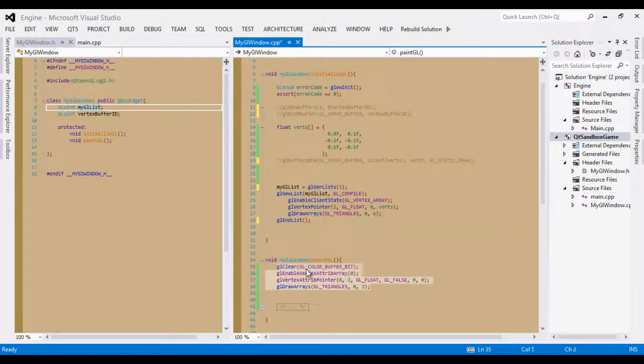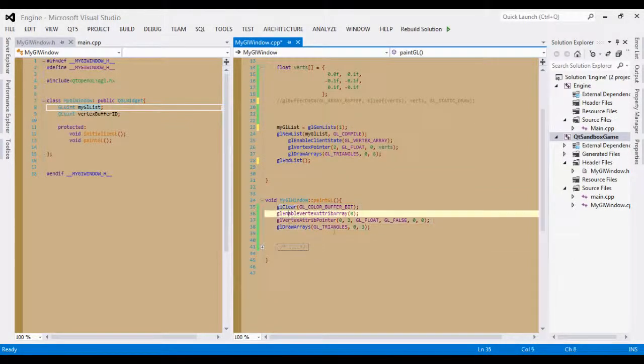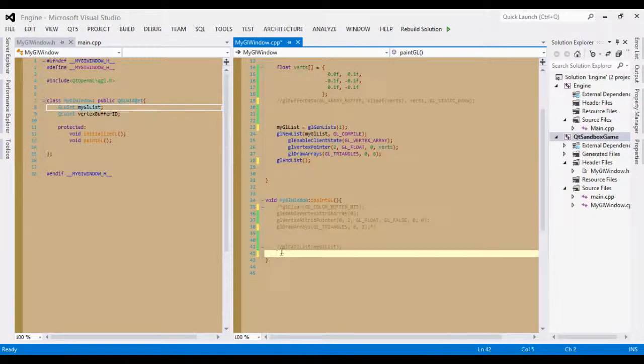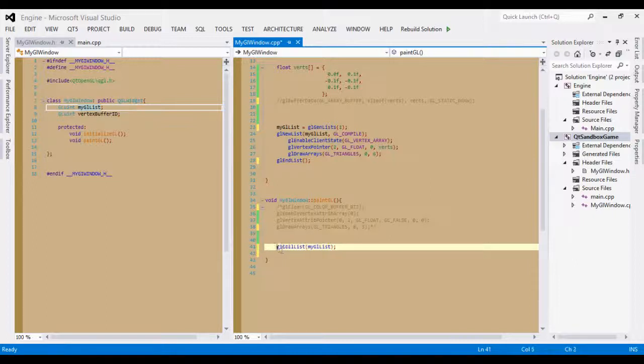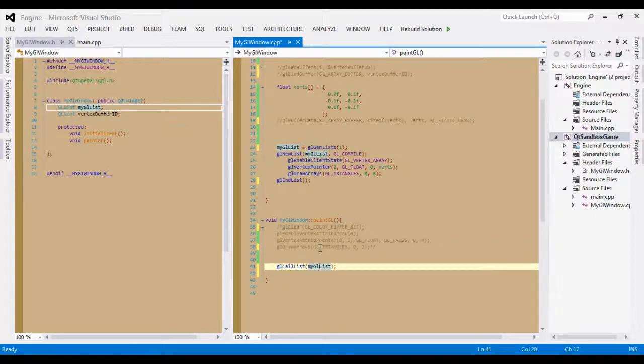You also delete in your paintGL all of these lines of code, and add this line of code: glCallList, myGLList. Quickly,